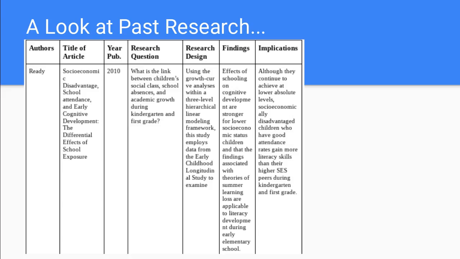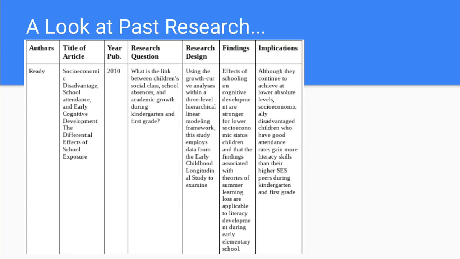And next, we're going to go over a little bit of the past research. I actually looked at 3 articles in order to do this. So the first one was published by Professor Reddy in 2010. The title of the article was Socioeconomic Disadvantaged School Attendance and Early Cognitive Development, the Differential Effects of the School Exposure. The research question was, what is the link between children's social class, school absences, and academic growth during kindergarten